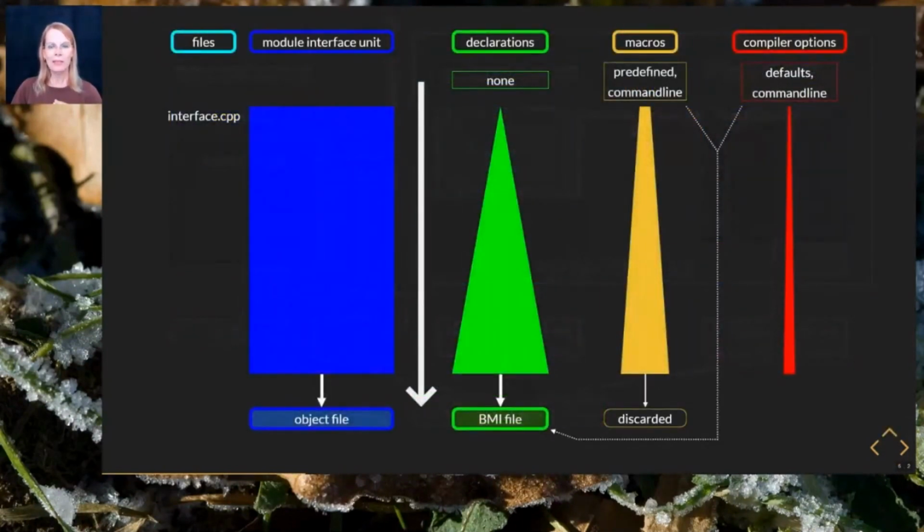The compilation of the interface starts from a known compiler state that is still untampered by unrelated C++ text. Besides the object file, the compiler will also emit the BMI with the representation of the language entities that it's collected during the compilation process. Implementations may also put some additional info about the initial compilation state into the BMI to prevent ABI problems. So compilers can do better as well, and tools too. This is the way.